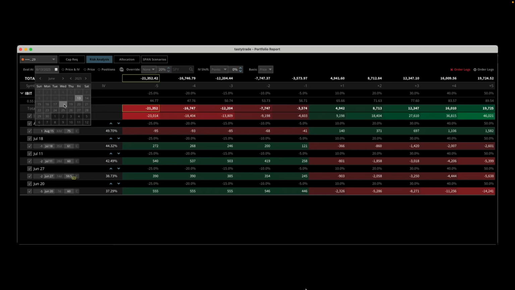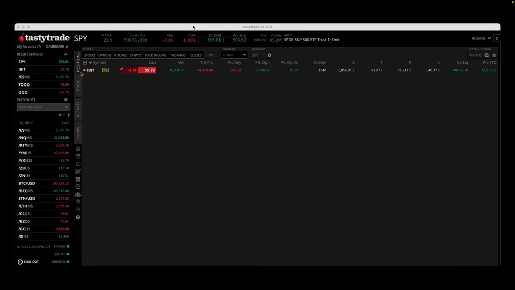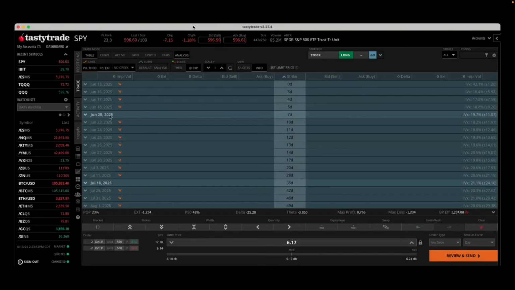So options lose value with time, and you can go ahead and see how the portfolio might behave over time by using the calendar drop-down menu there. So a lot of functionality in here to analyze different areas and see how your portfolio would behave under different risk scenarios. Now let's take a look at how we can analyze a potential trade that I'm thinking about putting